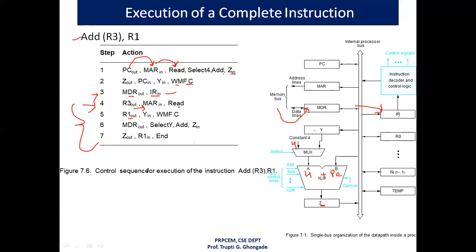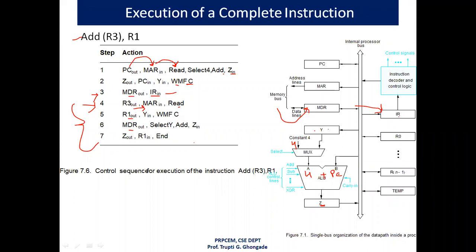And the addition operation is performed in step 6. So MDR out. The contents of MDR are gated to the bus and go to input B of the ALU, and register Y is selected as the second input to the ALU by using select Y. Now in the next step we are selecting Y, so here we are using select Y, not constant 4.